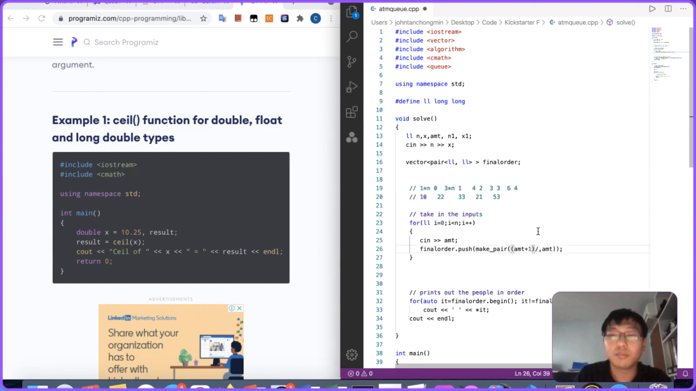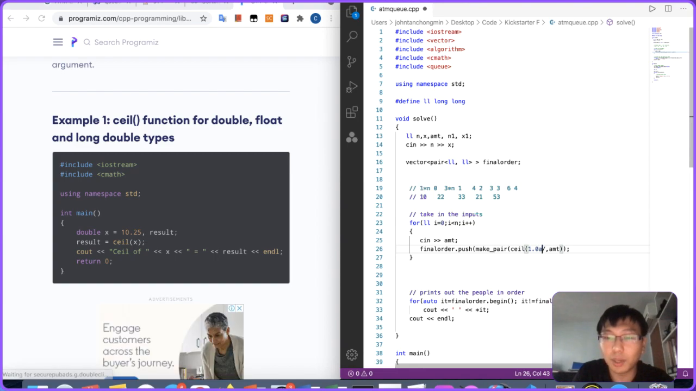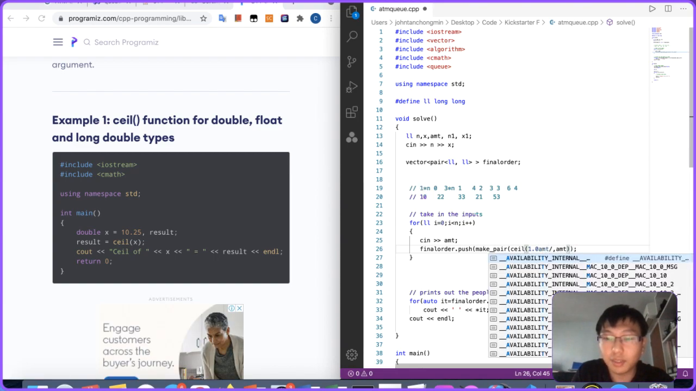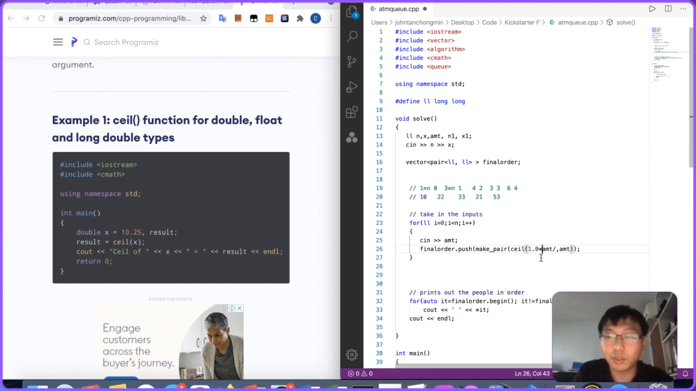Or I should just do the high and fast way and just take the ceiling. Yeah, maybe I should just do ceil. I should do what I did in my thought process. So over here we have to do the amounts. I do 1.0 because I want to make it a floating point. If not, if I do a ceil like that,